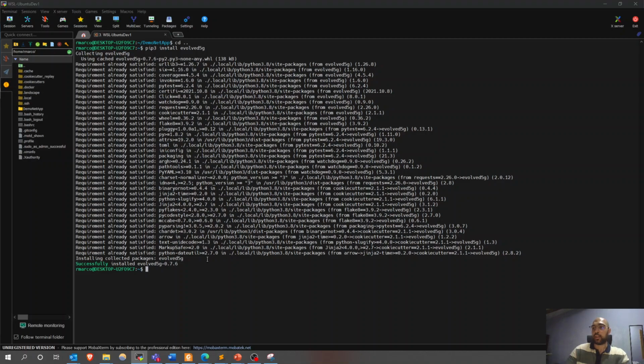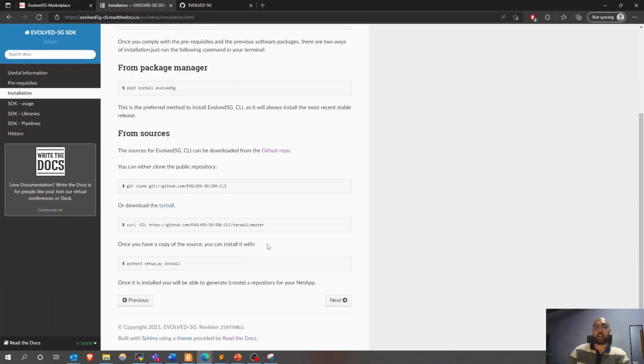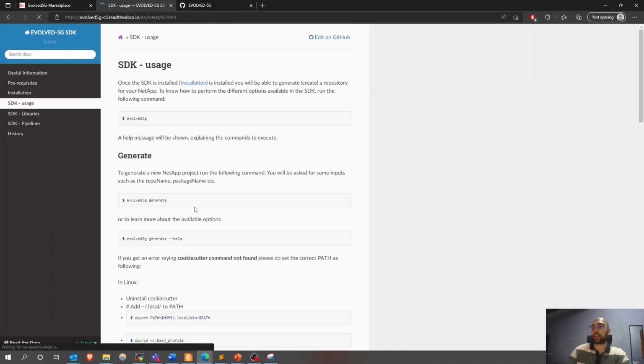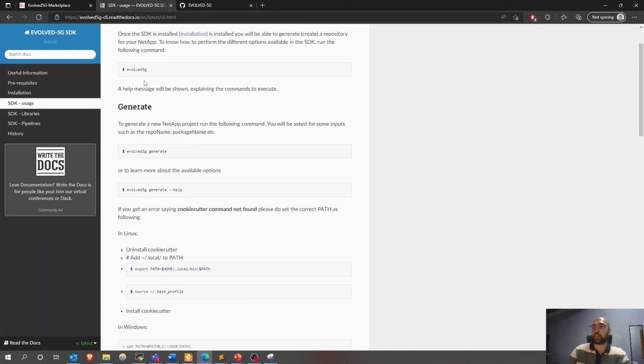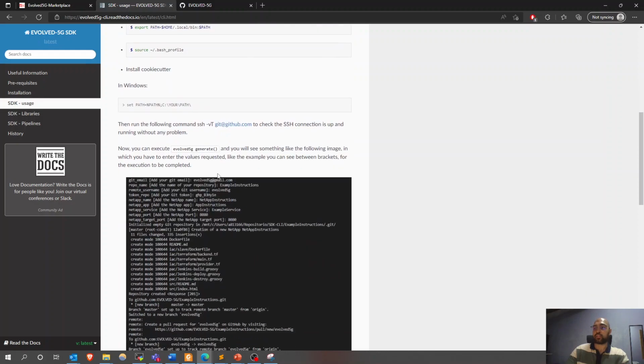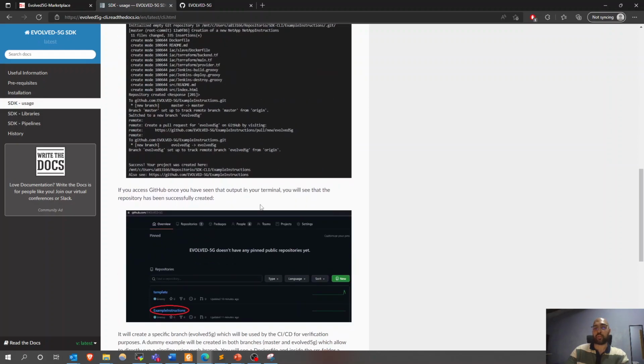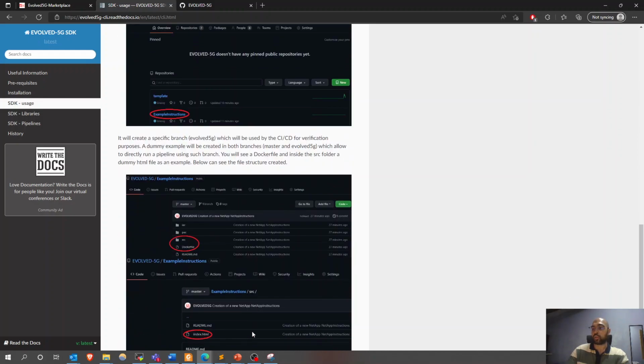Okay, and the next step now is how to use it. I mean, which are the options that we can use with this Evolve-5G software. So the options are generate, in order to create the NetApp. Here in the instructions it is very well explained, but I'm going to reproduce it and show it to you